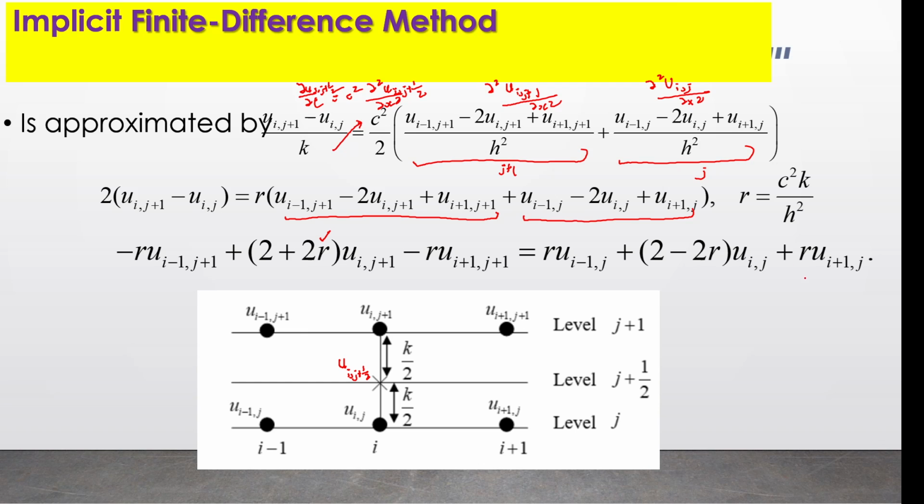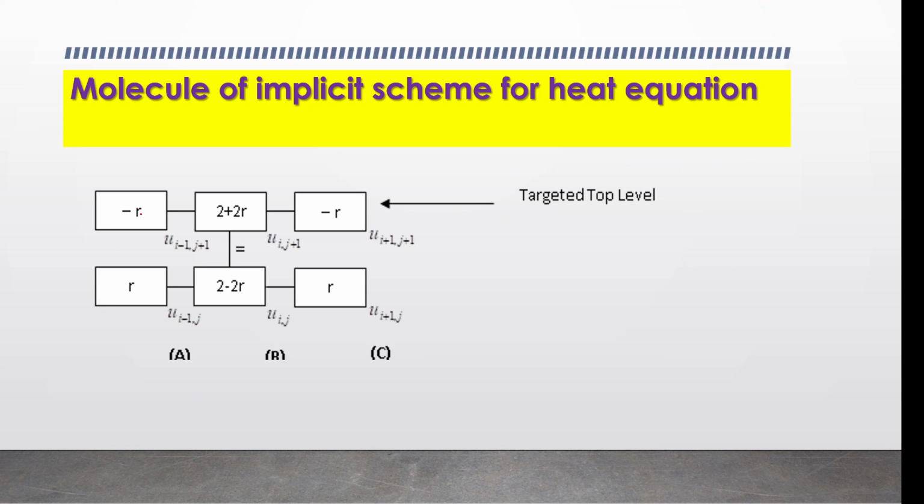from here, if you put up the molecule, meaning u_i-1,j+1, this is actually the coefficient here, minus r, and 2 plus 2r for u_i,j+1. So this is minus r. At level j, left bottom, you have positive r. This is 2 minus 2r, this is positive r. From here, you can put in the molecule, which is helpful: negative r u_i-1,j+1, 2 plus 2r u_i,j+1, minus r u_i+1,j+1, at the targeted top level,